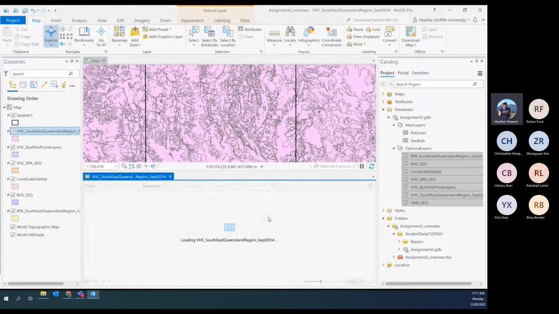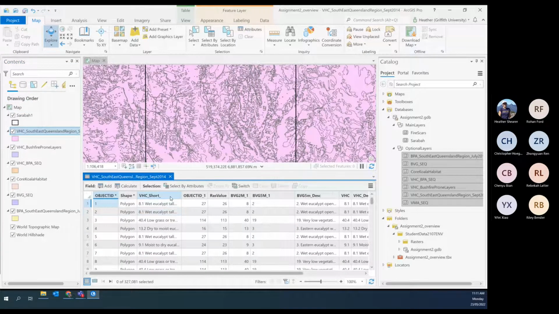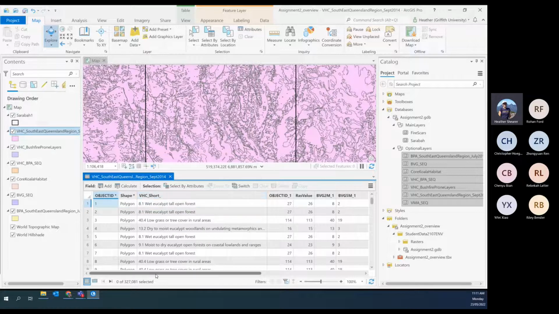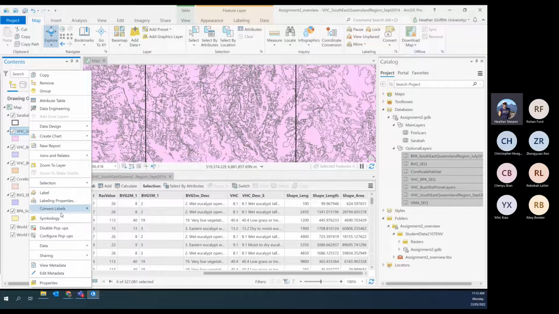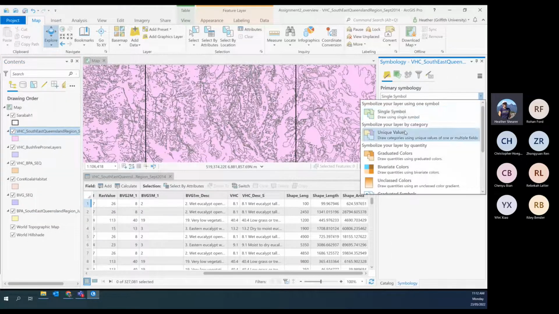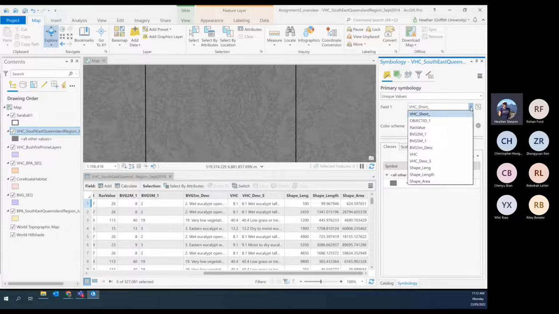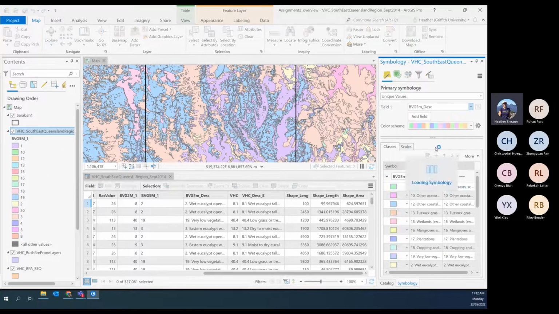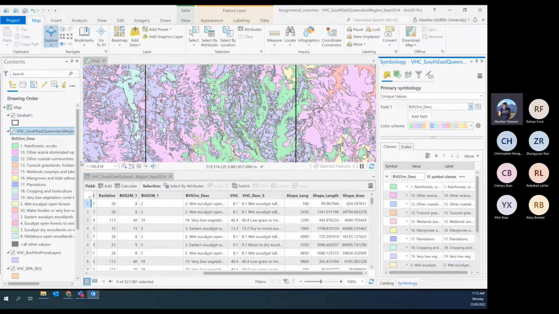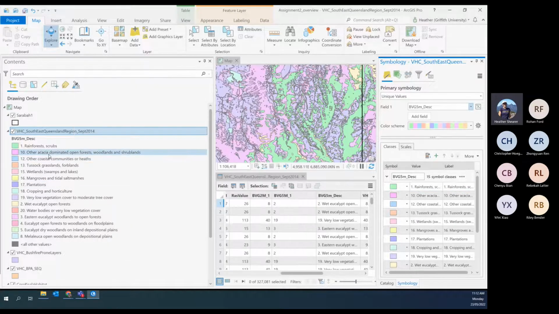VHC is the vegetation hazard class. And if you see there, it's quite useful with actual more complicated vegetation types. The one you probably would look at is BVG 5 meters. So if I symbolize this as BVG 5 meters, it is 2014, but it's pretty much the same. Oh no, I don't want the code, I want the description. And you can see there, if I look at that, let's just zoom out. Rainforests, coastal communities, wetlands, mangroves. There's a lot of more detailed